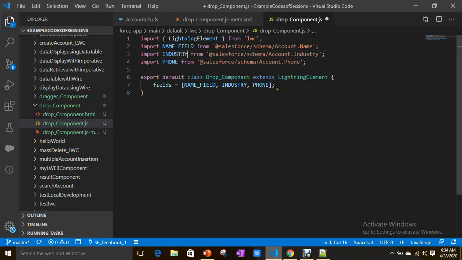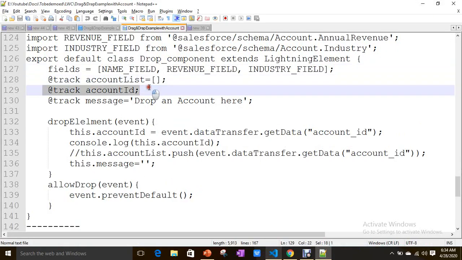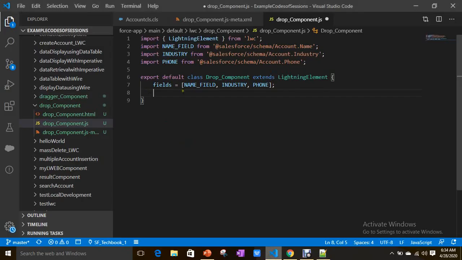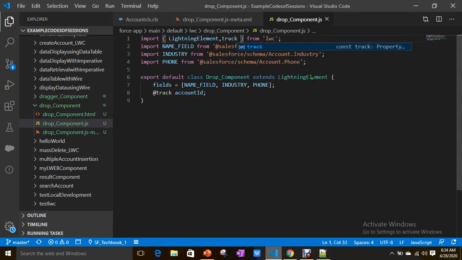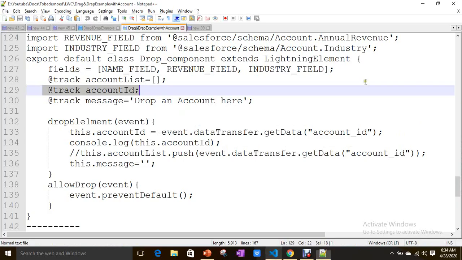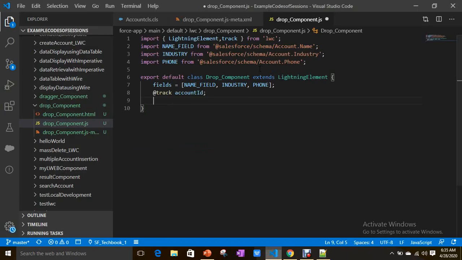Otherwise it is okay. Now what else do we have? Just to hold the account ID using a track variable, because I'm going to pass this to the form element on the HTML page, and then a simple static message, drop an account here.